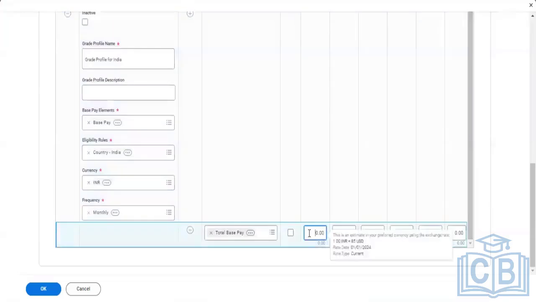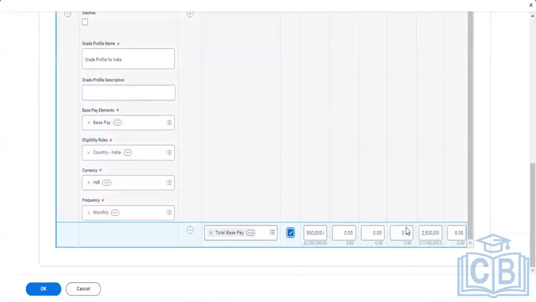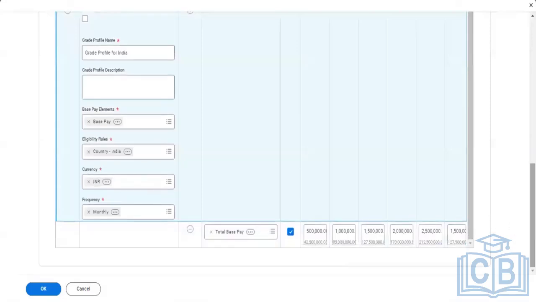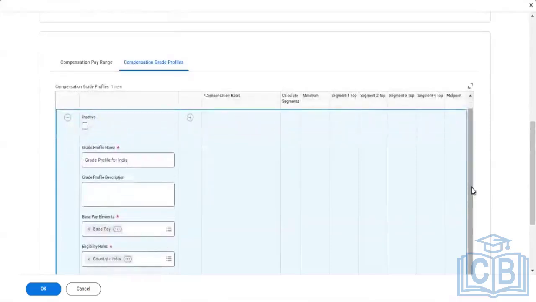If you're defining this for India, 5 lakhs to 25 lakhs. So your system will auto calculate the range between the minimum and maximum. Okay. So in that way, you can add compensation grade. If you wanted to add another country also, you can actually